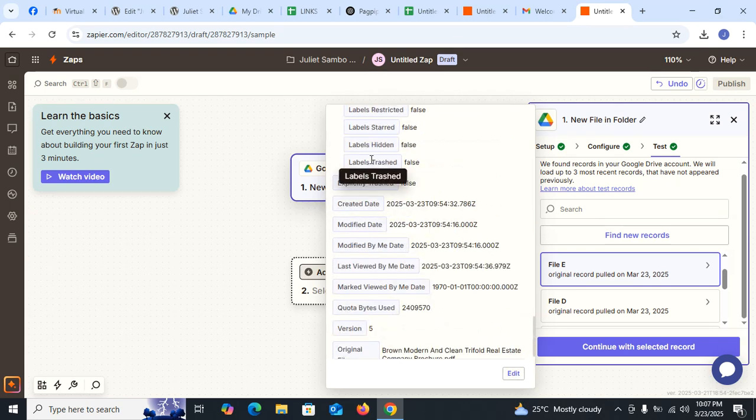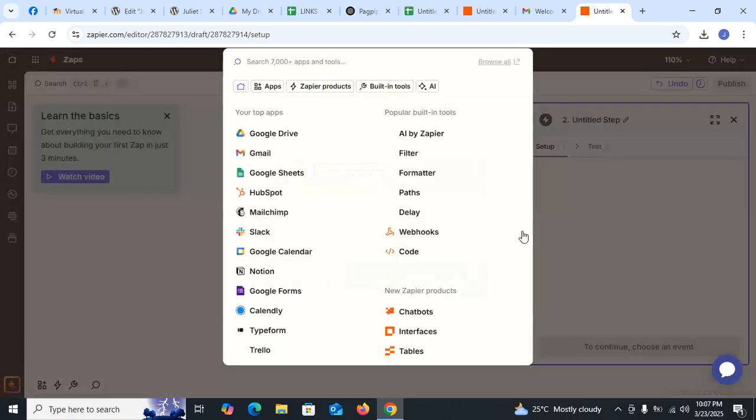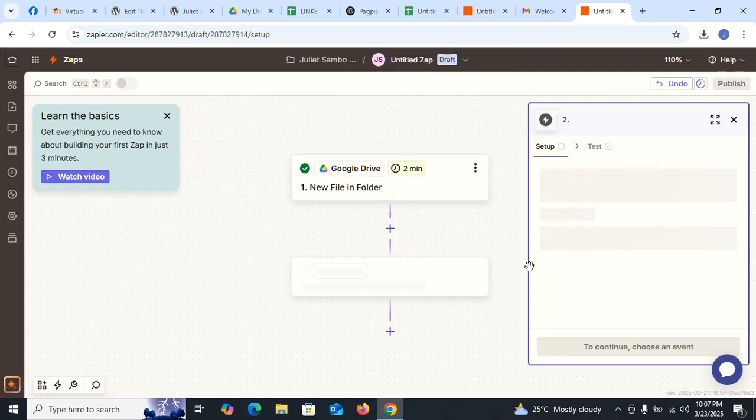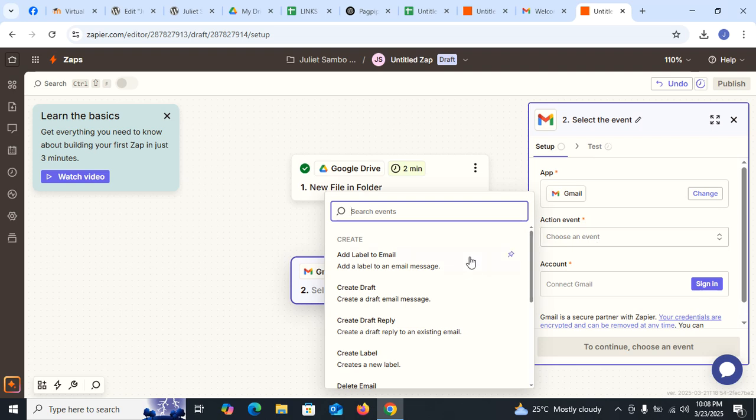So I can continue records. And then I will use my Gmail for my action, and then action event.